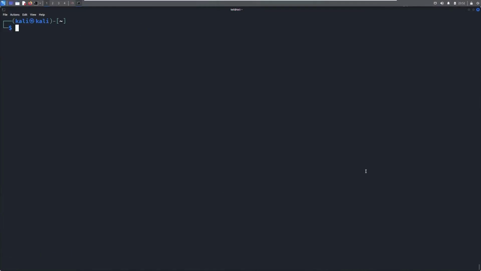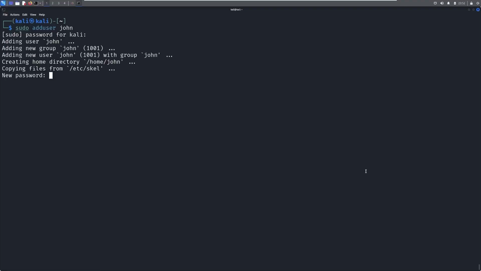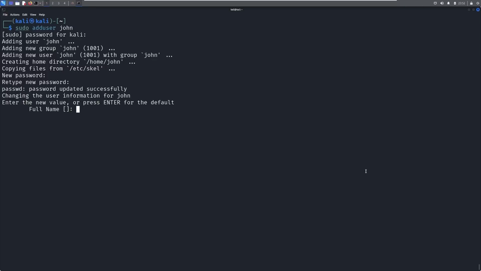clear the screen. Here, we want to take a look at adding a user. So we're going to do a sudo adduser, and you can give whatever username you want. I'm going to just call this user John. It's going to ask for our sudo password. Remember, we changed our password, so make sure you put in the right password. And now it's going to say, okay, what password do you want to use for John? I'm going to go ahead and enter that, and I'm going to enter it again. And then you could just hit enter through all of this and get back to this screen where it says